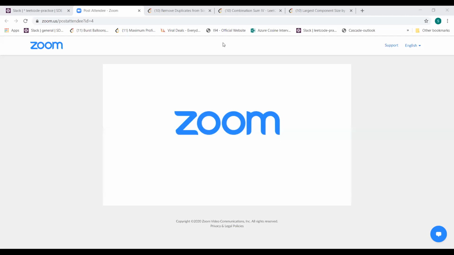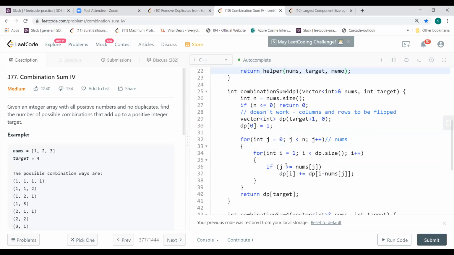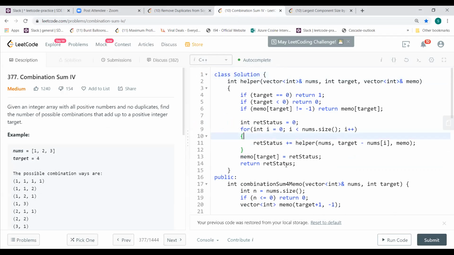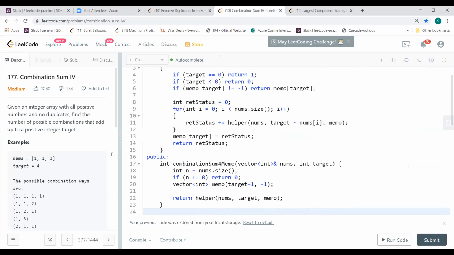Thanks. He wants to share something. I'll quickly share this one. Okay, so this is the memoized version and the top-down approach.